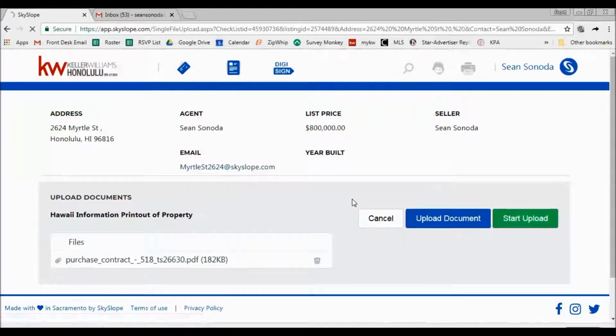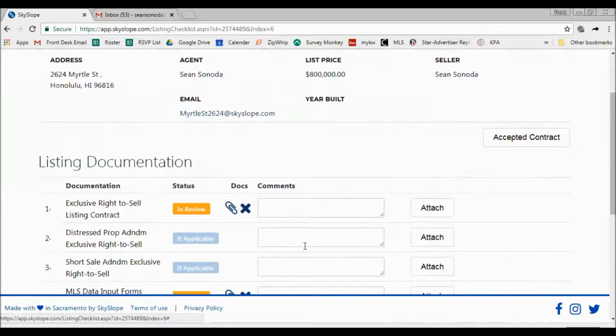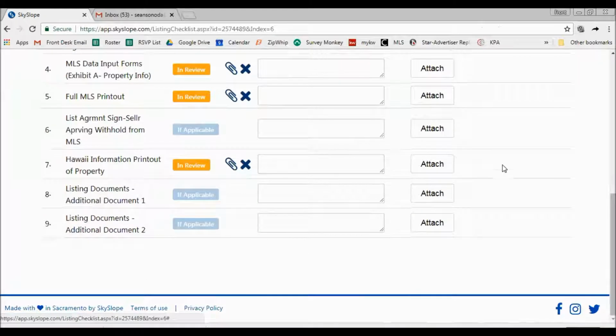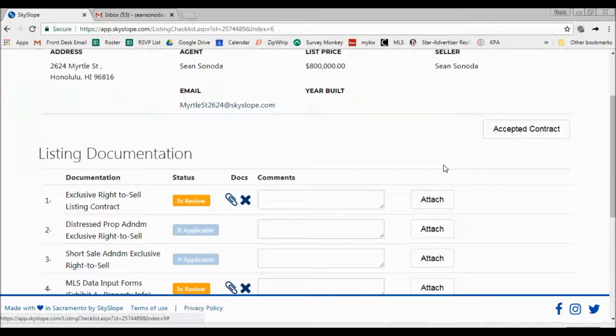So now I put in all the listing forms that I needed. It's all in review, they're all yellow. This is basically it. It's going to look like this. Now you created your listing, you're fine. So now you get offers in and you accept a contract. You have a contract that you open escrow with. When you click accept the contract here,